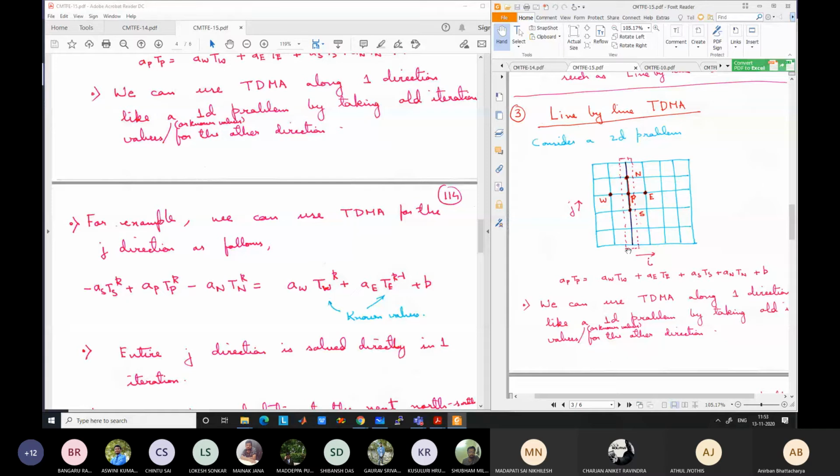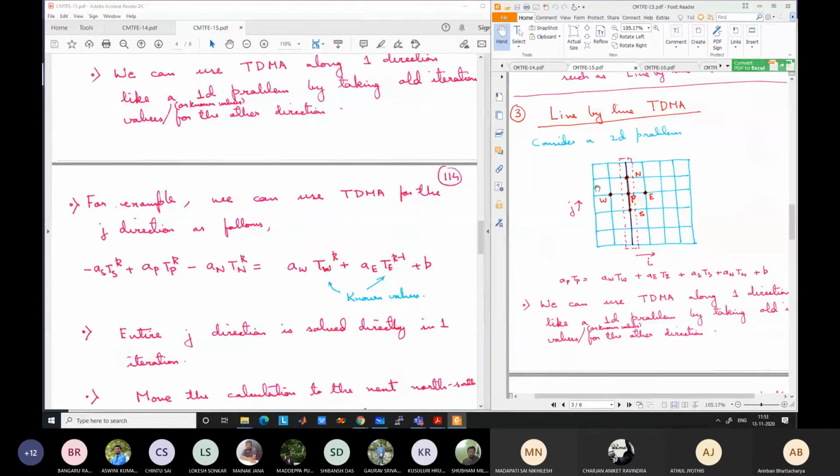So what is the process now? If the boundary temperature is given, you start from the next set of grid points, vertical line or horizontal line. You can do it in any direction. Say we are taking the vertical line. We use the previous iteration values, which are known values, and calculate directly all the values for this line in one step, like we have done using TDMA. Then you go to the next vertical line and take the current iteration values of the previous vertical line and the old iteration values of the next line, and then solve for this line. Once it is solved, you go to the next line. Like this, you keep on doing it until the entire domain is covered.